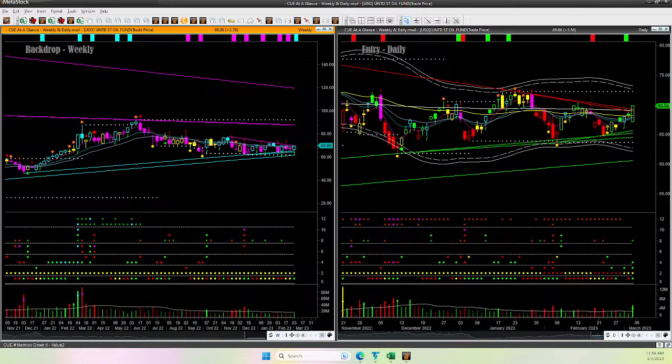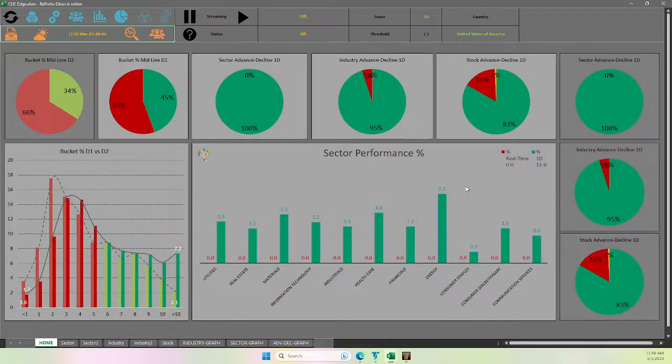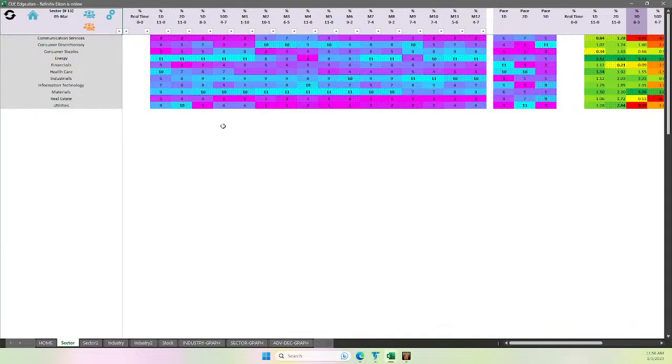So USO is looking strong. Why did I come to USO? I came to USO, and the oil futures, because at the sector level I saw energy is the strongest by far. So now let's do a top-down analysis. Let's go to the energy sector and see, is it just a one day wonder or is it improving over a period? It is actually the strongest over